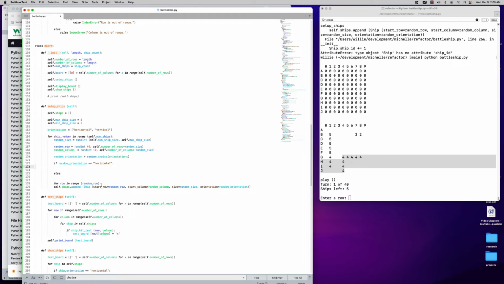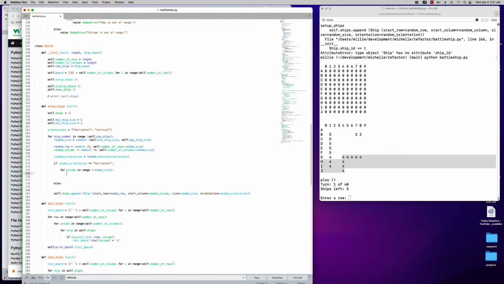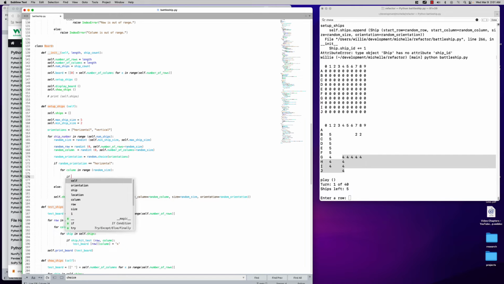So if it's horizontal, then we're going to step over the column. Column in range size, random size, and then we want to test this. If self.board